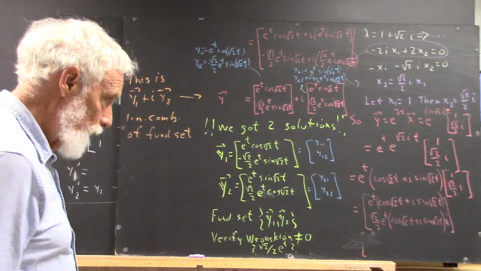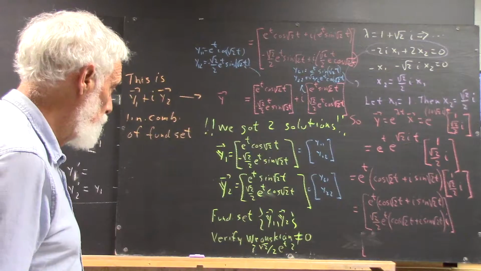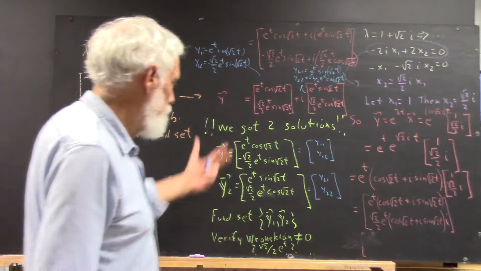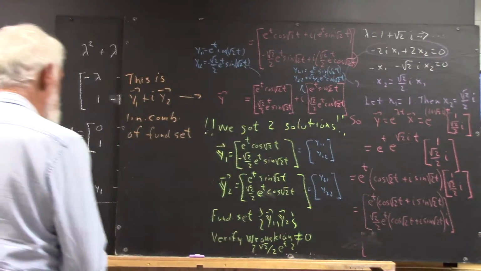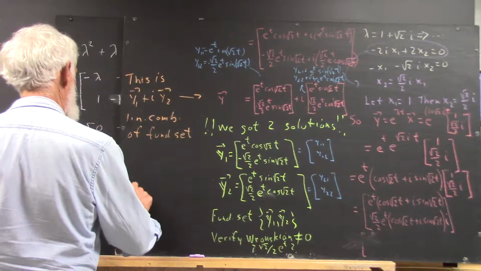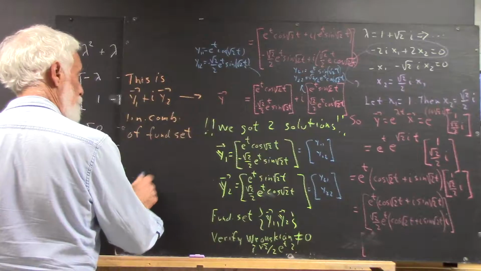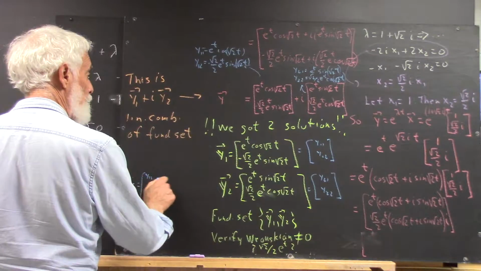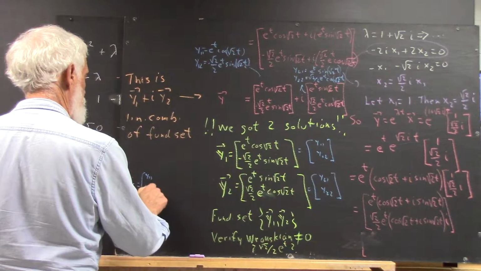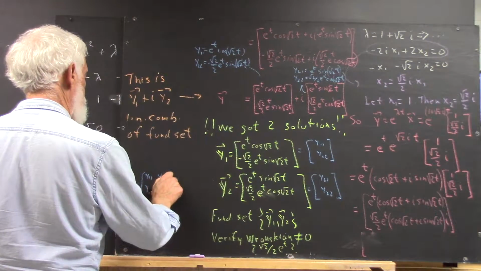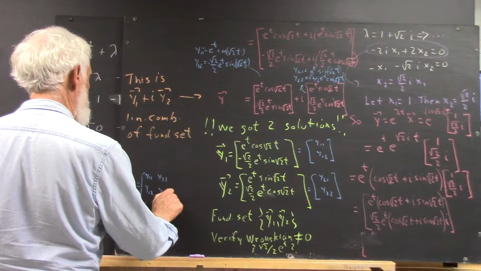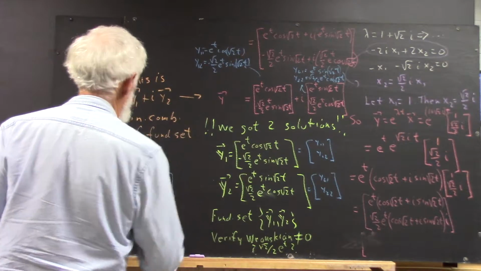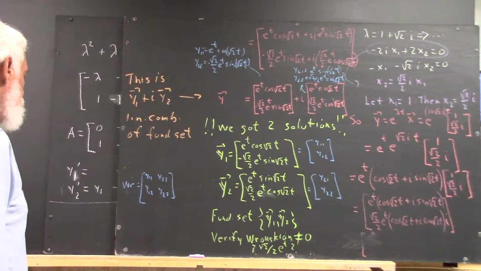I think the Wronskian comes out, it looks pretty obvious, to be square root of 2 over 2 e to the t. If you set this up in the Wronskian, the Wronskian of our fundamental set is going to be our y11, y12, y21, y22. Actually, I've kind of got my subscripts